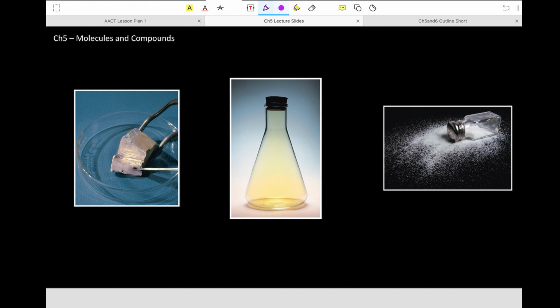We talked about in the previous chapter that what differentiates a compound from an element is that we take two elements. So here we have sodium and here we have chlorine, both of which are poisonous by themselves. Sodium, if you ate it, you would die. Chlorine, if you ate it, again, you would die. But when we put them together, we get something quite tasty and necessary in small quantities to our survival,